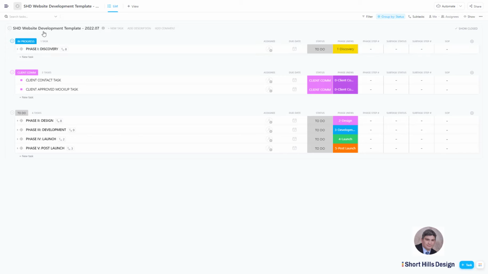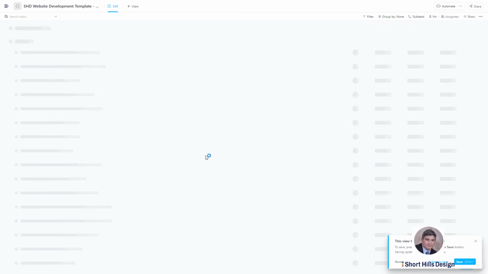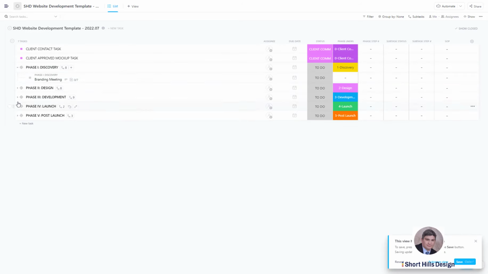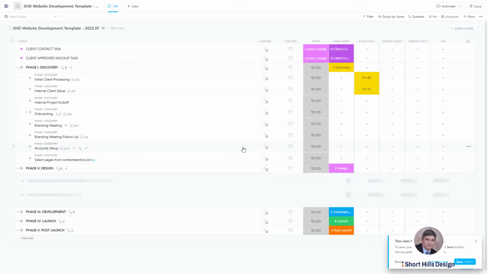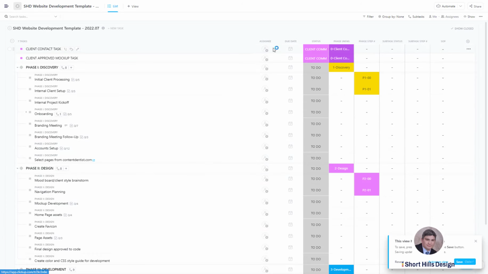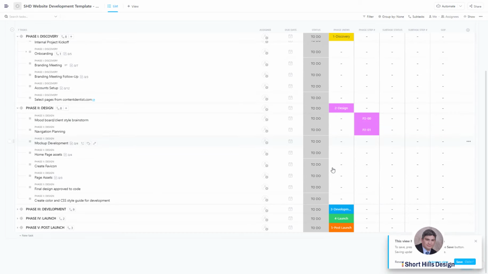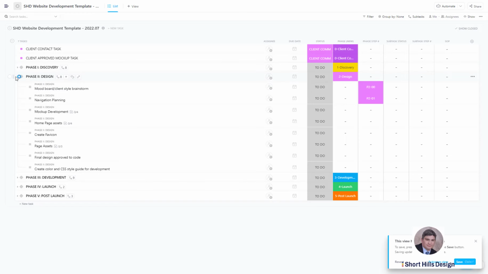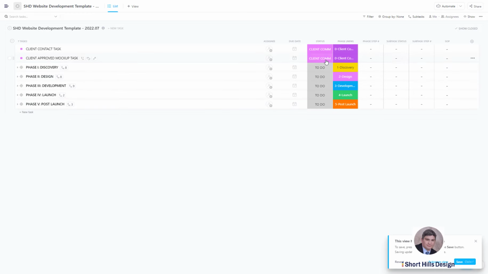In terms of the phases, what I found is that if we have no grouping, this becomes messy. And as you expand this, or as you move things around, it's going to get really messy. So what I decided to do is, at least under the phases, and you can do this under the subtasks if you want, each primary milestone here is assigned to a phase. So that way, at least for this project, let's close this out, we can see, and these are milestones, you can see where everything lives